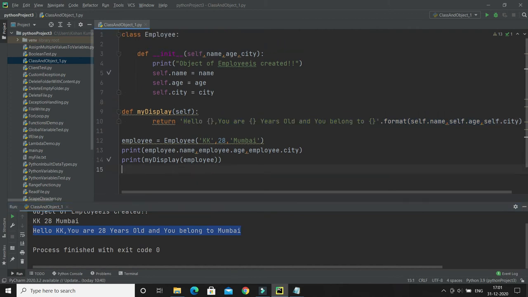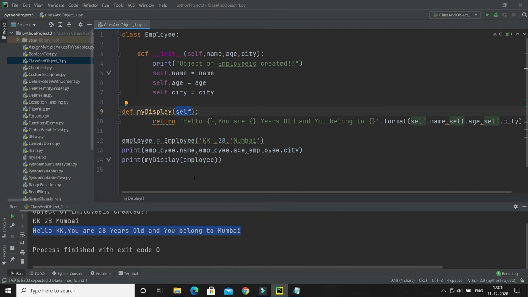So you can have a function where self would be the first parameter, right? Here the self parameter is a reference to the current instance of the class, and it is used to access the variables that belong to the class. That you have to keep in mind, right?